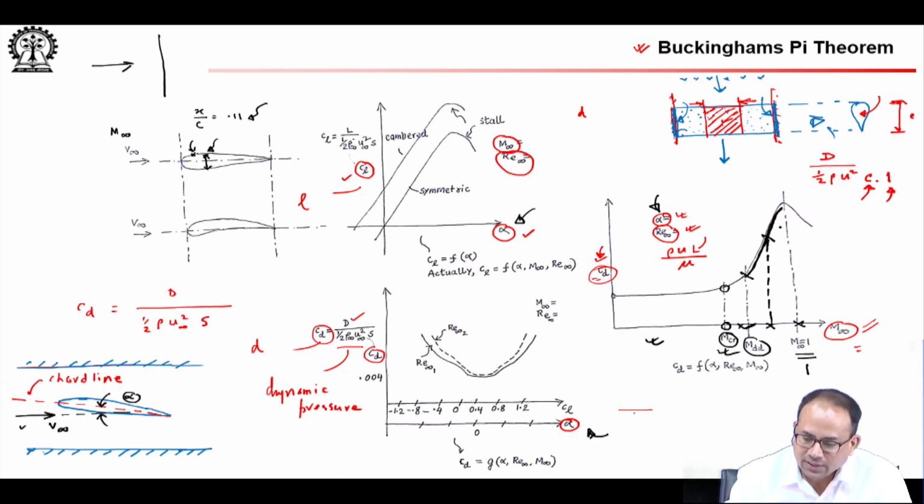So, there is a trick to making the wing see a lesser Mach number. What you do is when you sweep the wing,